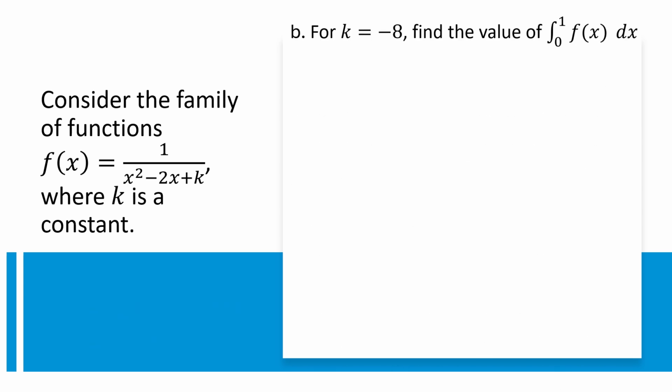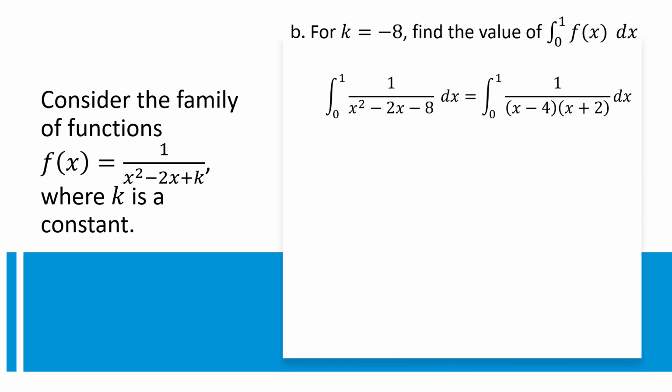All right, so for the next one, they said let k equal -8. So I'm literally taking that function, I'm plugging in -8, and then they want us to integrate from 0 to 1. So I literally plugged in that -8. I noticed it was factorable, so I factored it. And the second that I was able to factor it, I knew that I was going to have a partial fraction situation. So I set up my partial fractions,